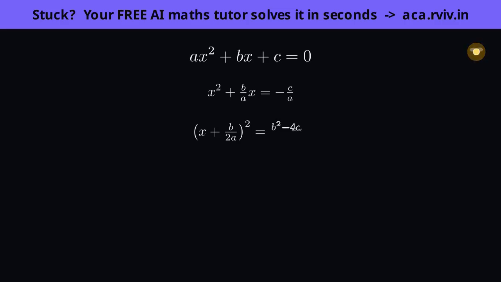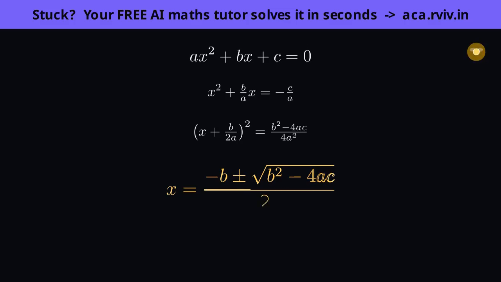On the right, combining the fractions gives b squared minus 4ac over 4a squared. Keep your eye on that top, b squared minus 4ac, it's about to become important. Now finish it. The left side is a single square, so we can undo it with a square root, and taking a square root always allows a plus or a minus, which is exactly where the two roots come from. That gives x plus b over 2a equals plus or minus the root of b squared minus 4ac over 2a.